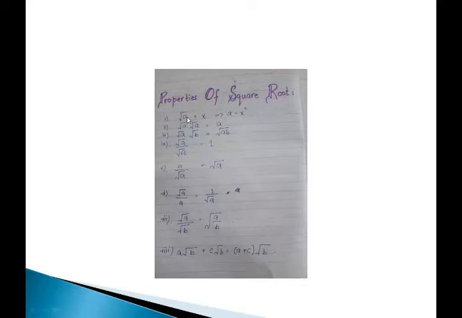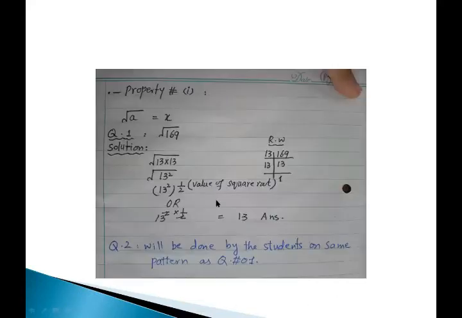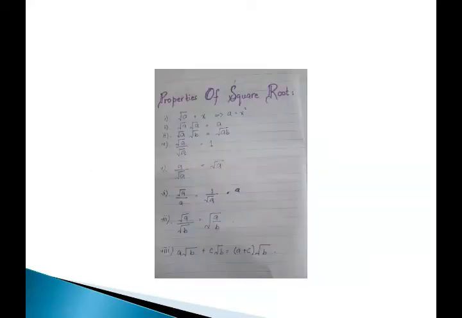Property number one is that the square root of a is equal to some number which is not under the root, obviously. Or in other words, if there is a square root on one side, we have to square the other side like this. We will also understand these properties with examples, so we will solve the questions and go one by one. But let me tell you these properties in one go.